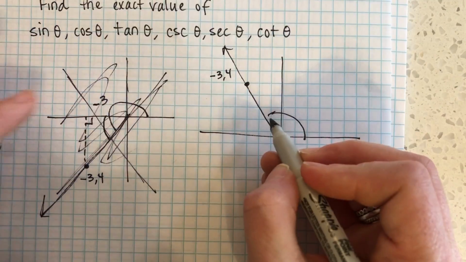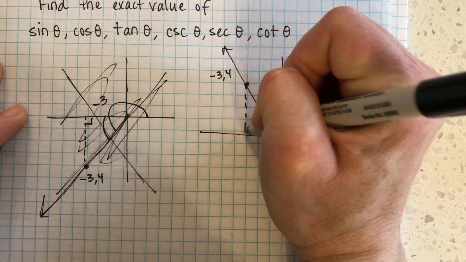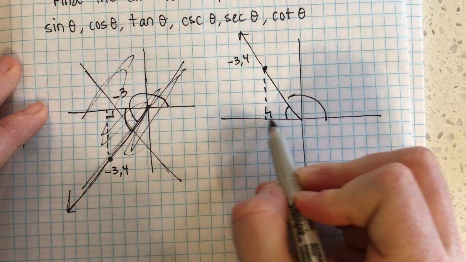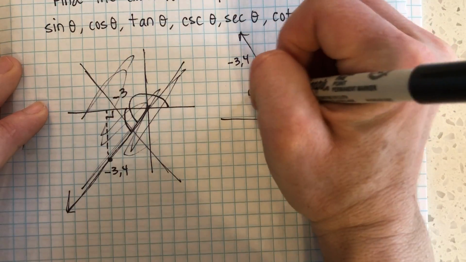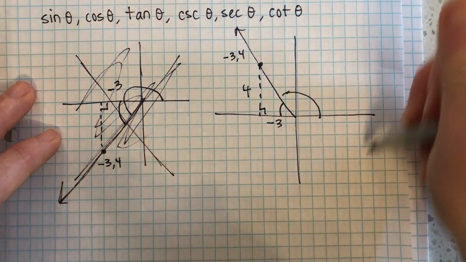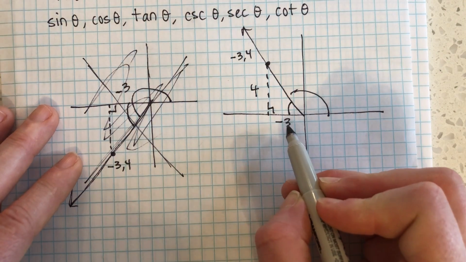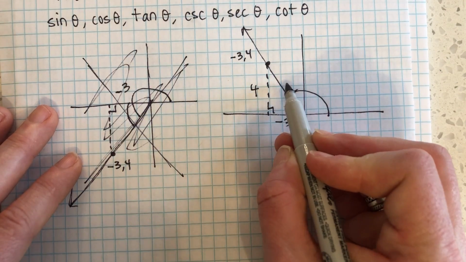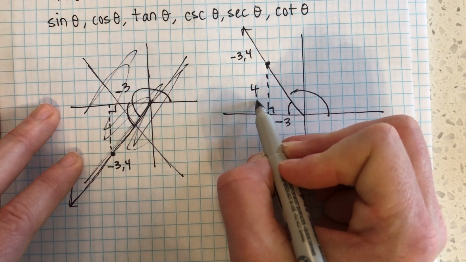Obviously this angle won't fit in a right triangle, but its reference angle will. So construct a right triangle. From here to here would be negative 3, and from here to here would be positive 4. Then to find the hypotenuse, which would be the radius of some circle, remember, this isn't the unit circle, so we can't assume it's 1. So a squared plus b squared equals c squared. Then 9 plus 16 is 25, the square root of it, that